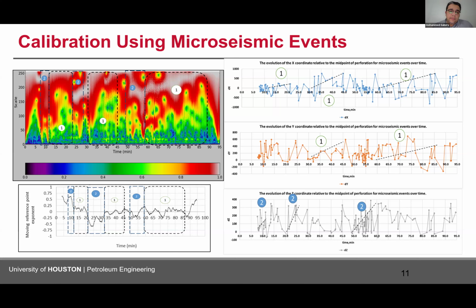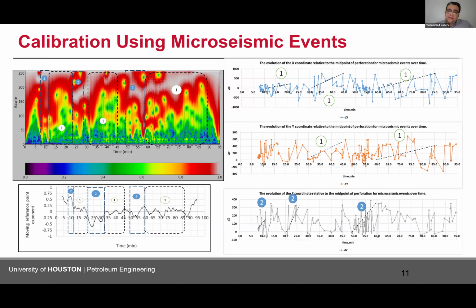The moving reference point technique can also get the fracture events to understand how the fracture propagates in length, or its high leak-off zone, or normal fracture propagation, or screen out. It was developed in 2013. So we compared this technology with the microseismic events, and we can get that